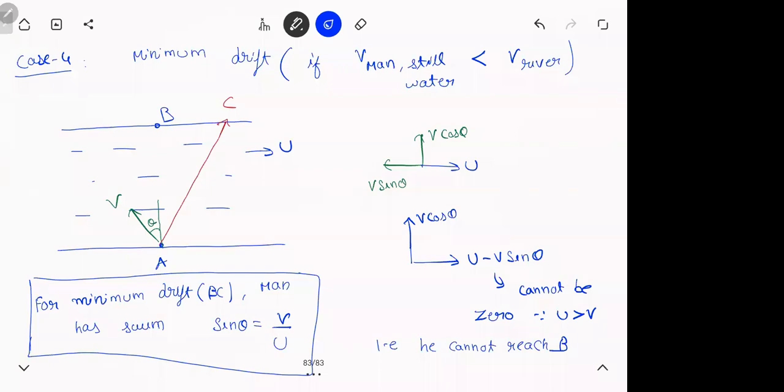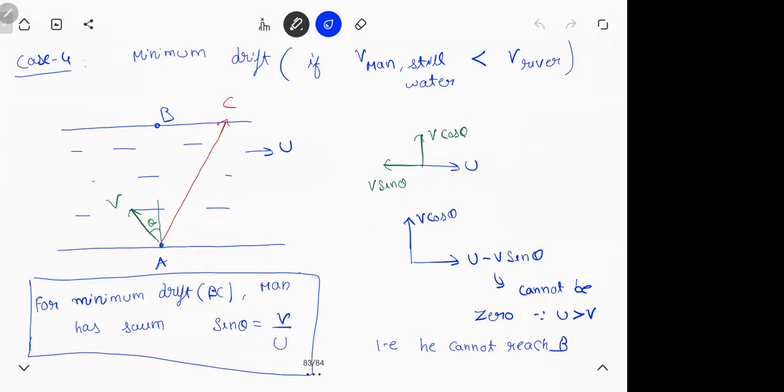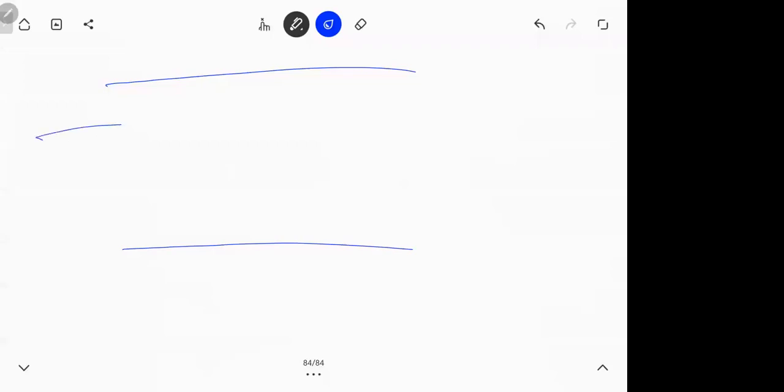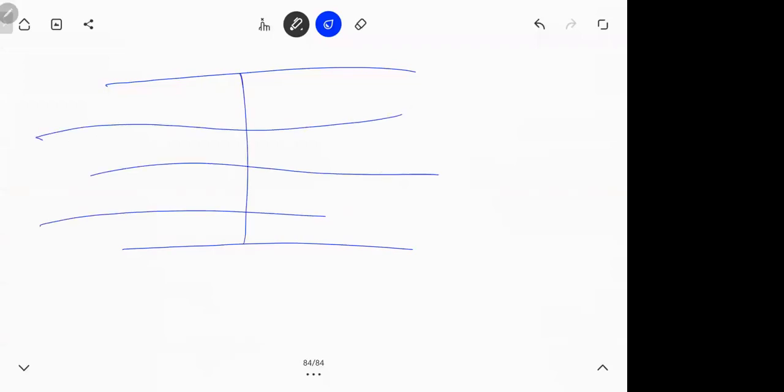And if you're wondering, sir, where do we use all this stuff? Where did I see this? A few years back, there was a movie of Hrithik Roshan, Mohenjo-daro. It's a tough love movie, I guess, but whatever it is. In the climax scene, maybe after the class, you can go to YouTube and see. I tried to search for that clip, I didn't get it. He does the same thing. There's a big flood happening in front of the city. These people are trying to escape from the city. Then he tells them, the river is flowing this way. Since we want to go here, we should not go like this. We should go like this. Then the river will take us here. He explains that minimum distance problem.